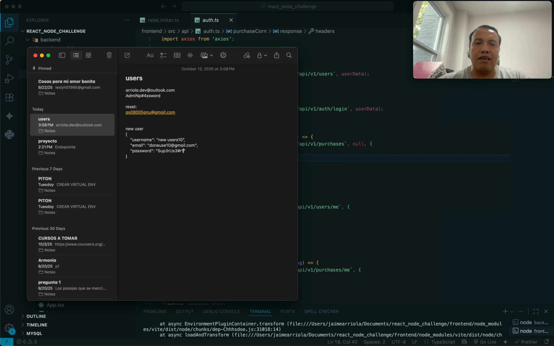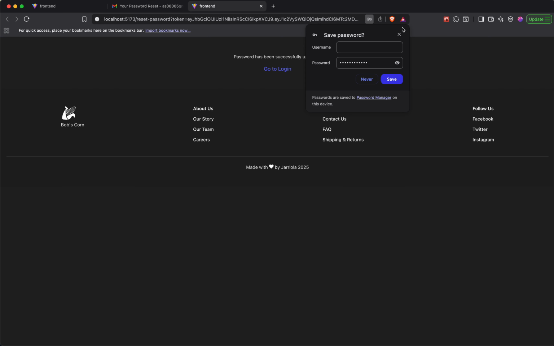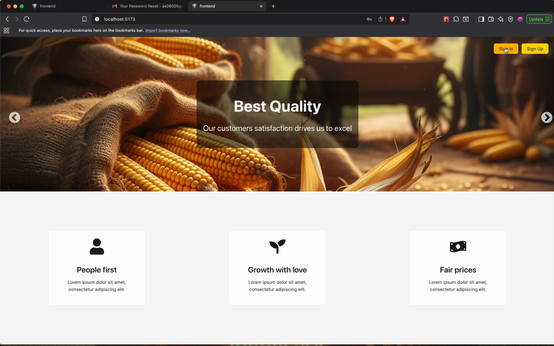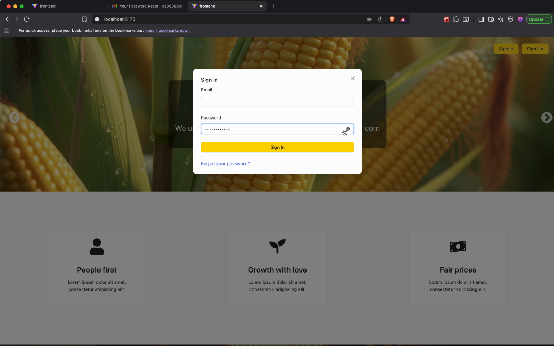In fact, let's just change this to 34. All right, so let's go with 34, and let's go here. 34, 34. All right. Set new password. Okay, you can go back to login. All right. So now I should be able to